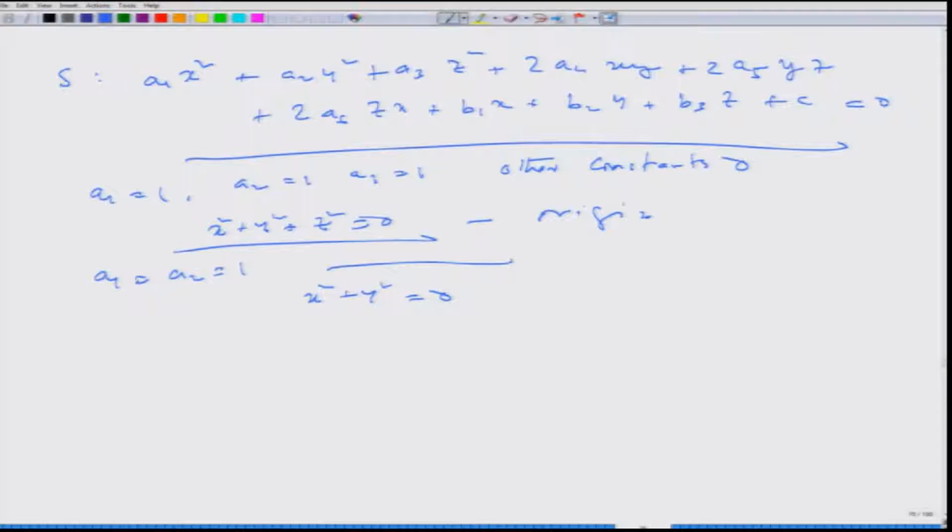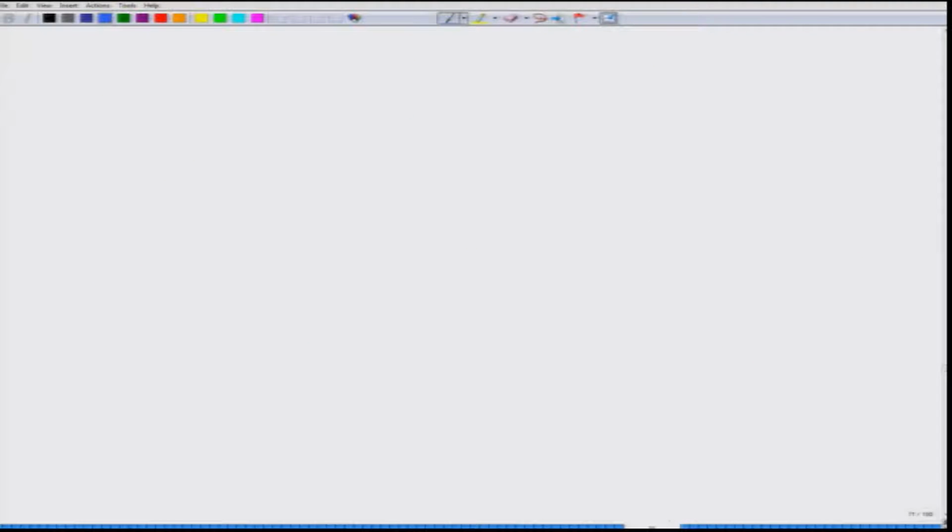Similarly, if you take only A4 equal to half and other constants 0, then you will get xy = 0. So, this is again not a surface, it is a union of two intersecting planes. So, any quadric may not be a surface always. So, I need conditions on the A_i's and B_i's, but what is true is this proposition,